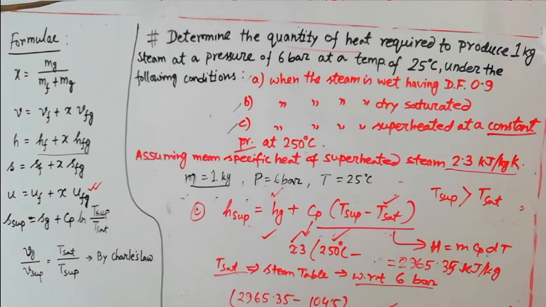Okay, now in this way you have to solve more problems using the steam table. Take help from any textbook and try to collect a steam table. If it is possible to collect a hard copy, then collect it. If it is not possible, then try to gather a soft copy. From any textbook on thermodynamics, like Nag, will be a better one. Try to solve as many problems as possible using the steam table as well as the Mollier chart.